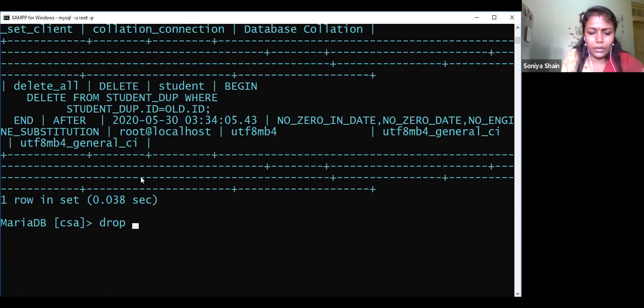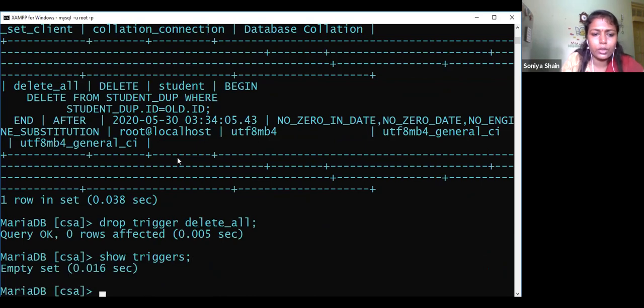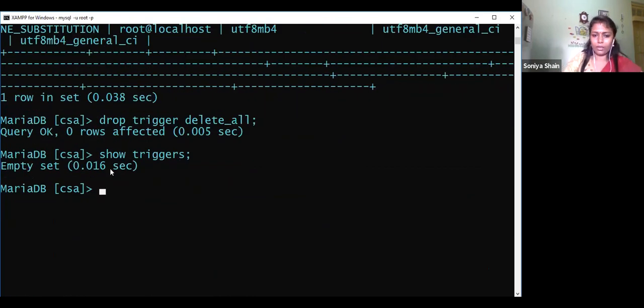Drop trigger, here it is, name. Delete. Otherwise, if it is not deleted, unexpected execution will happen. So now it will be empty. Once again, I will show you show triggers, empty set, no triggers now. So one trigger I have explained, that is before insert. Next, we will go for the after insert.